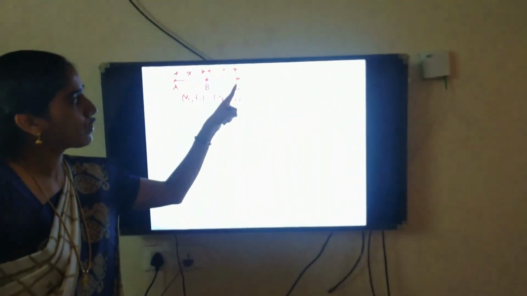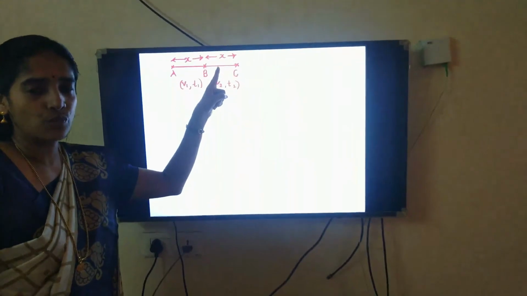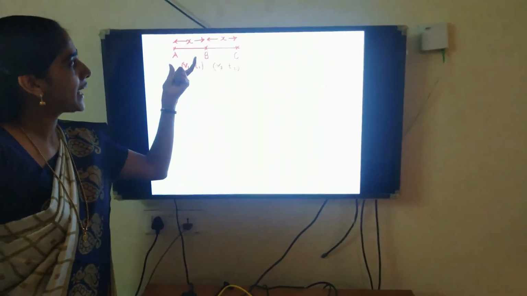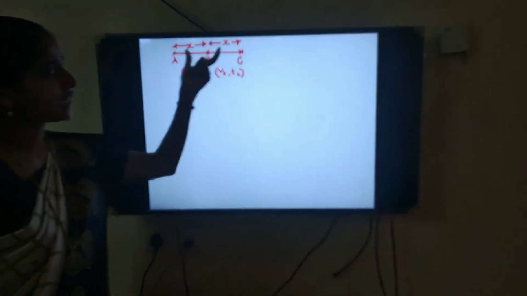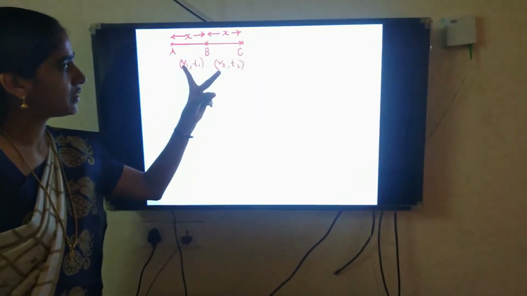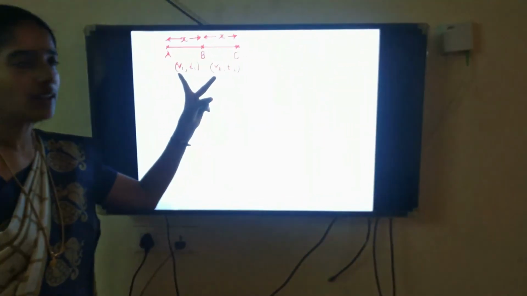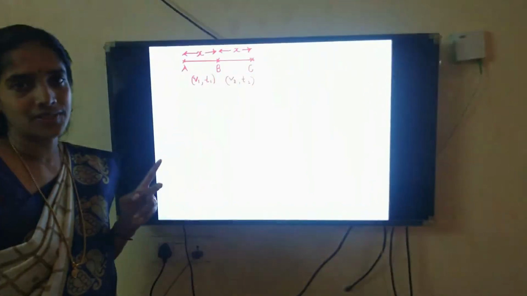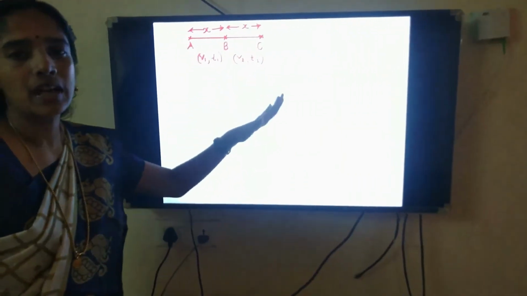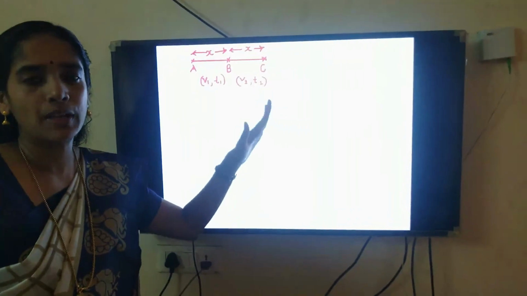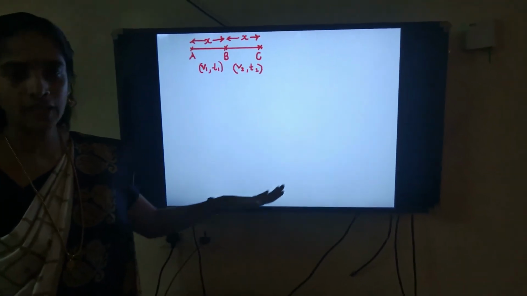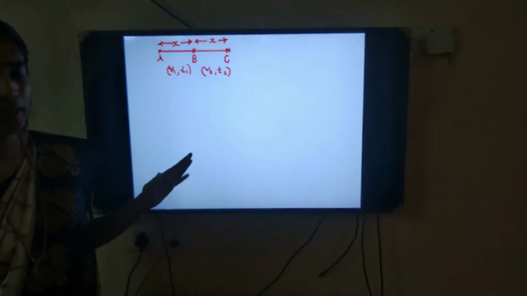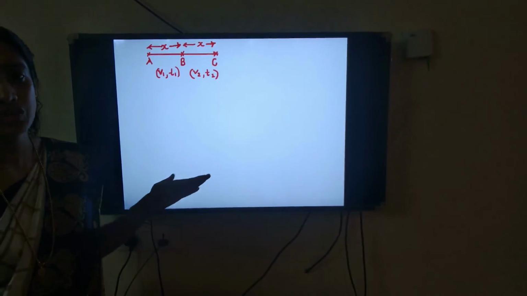And what is the distance of C from B? X. So what we understand from here, AB is equal to BC. That means he travels equal distance with different average speeds and at different time intervals. In this case, we will be asked to find the average speed of the journey. First let us see the normal way and then we will see the shortcut. The shortcut is very easy, but before we apply it, we should know how that equation comes.